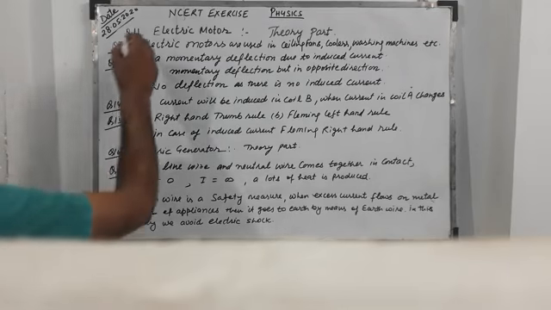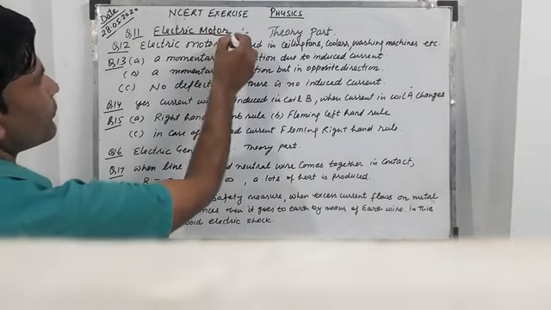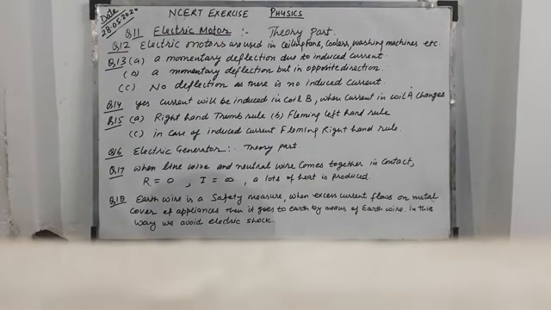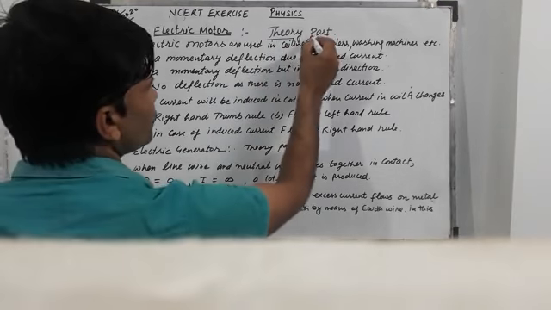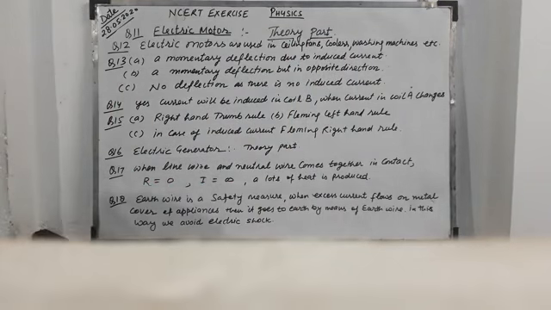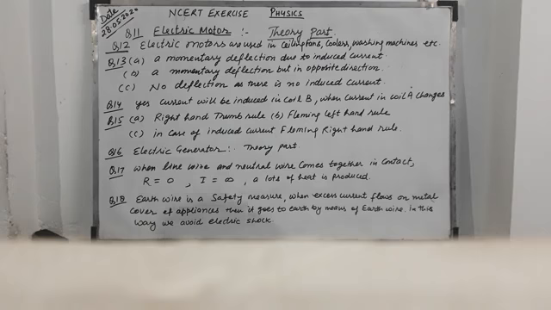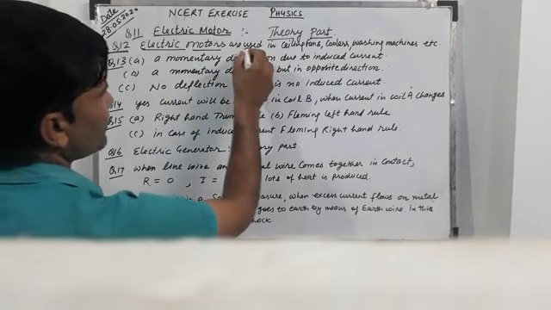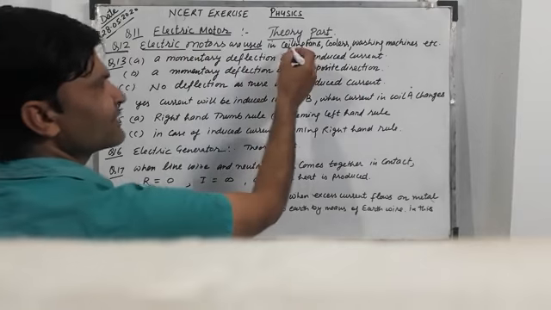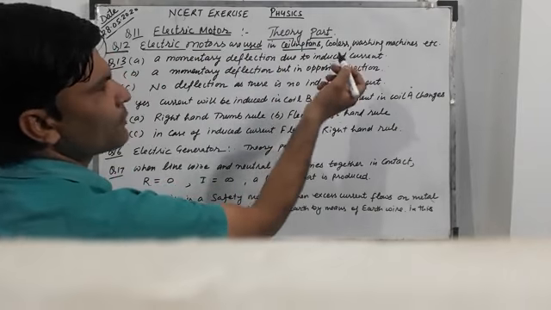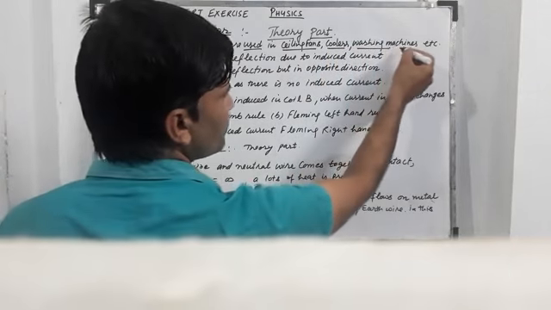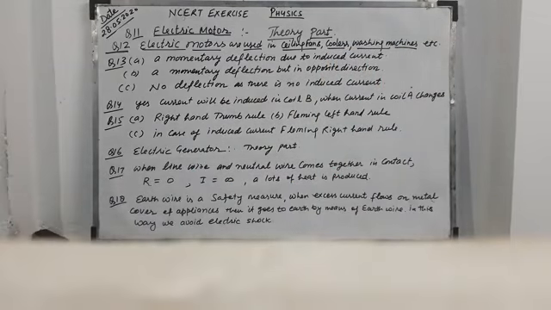Question 11 is about electric motor. So you can give the answer of this question from theory part. The complete theory is included in this with diagram, principle, construction and working. Okay. Now the question number 12 is asking about the devices in which electric motors are used. So there are many devices. For example, ceiling fans, coolers, washing machines, etc.